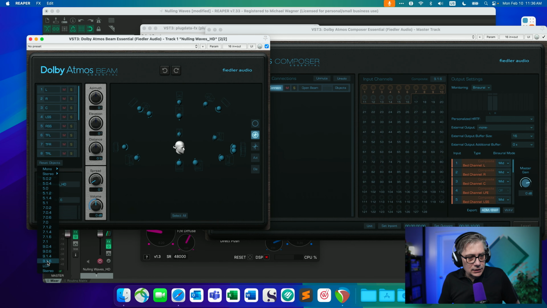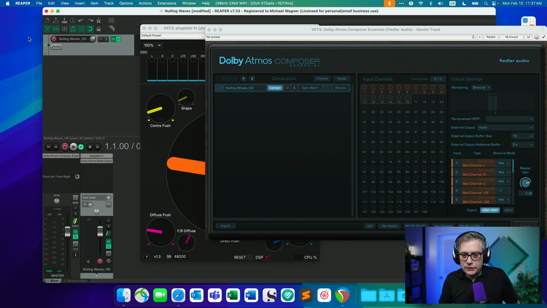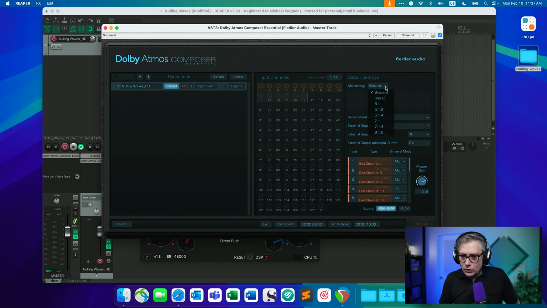I find that particularly useful because it sometimes gives the wrong order of those channels, and just resetting that should make everything perfectly fine. So now the audio is sent into the Fiedler Audio Dolby Atmos Composer Essential. And then I'm going to change the monitoring from binaural to stereo. And the reason I'm doing that is because I want you guys to hear that there's actually not a lot of difference.